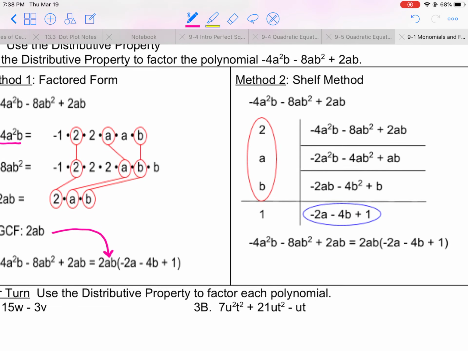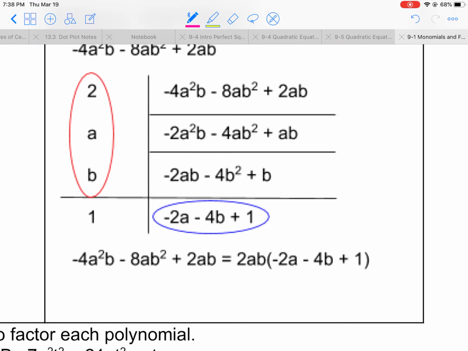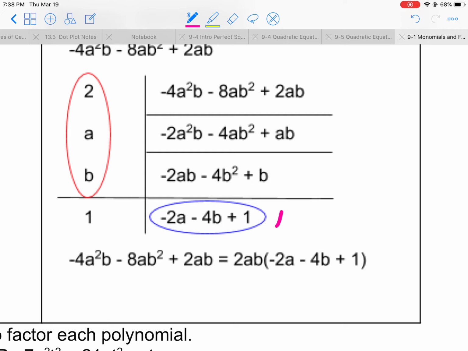The shelf method or the ladder method I prefer because at the end of the method, you are left with a factored form. To me, this works out just a little bit faster. That's why I teach my kids in the 7th grade the ladder method, just because in the end, you do get the factored form. So, I'm taking out my 2, which is my GCF,